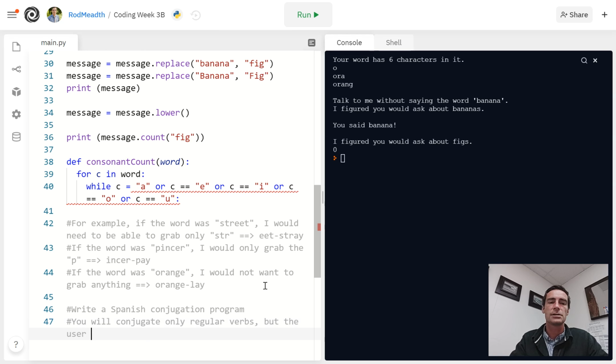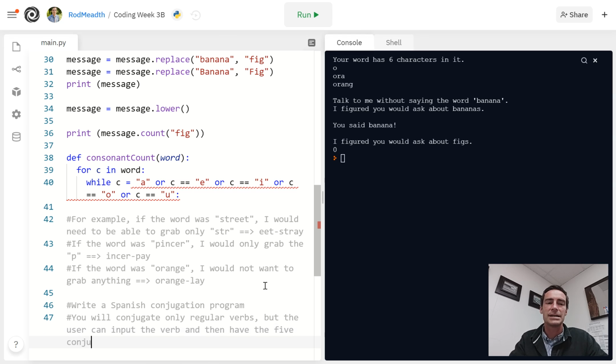But the user can input the verb and then have the, you guys only do 5 forms. There are actually 6 Spanish verb, what do you call them, like verb conjugations. You guys, we only do 5 in this part of the world. There are 6, we'll do 5. Have the 5 conjugations